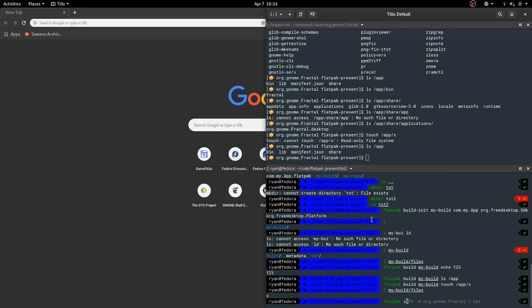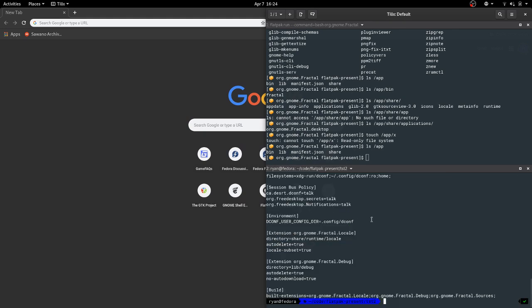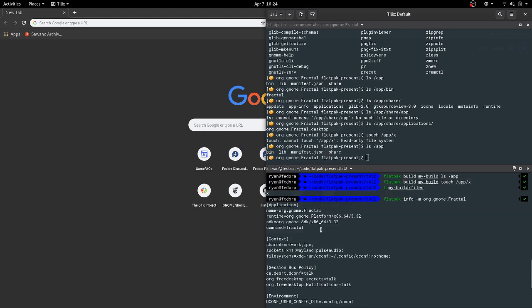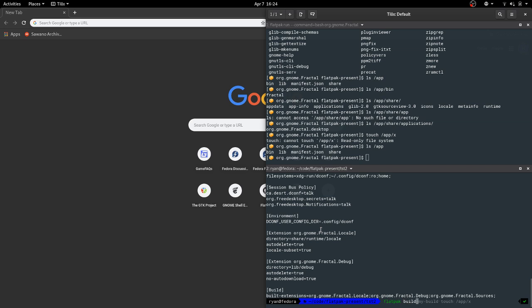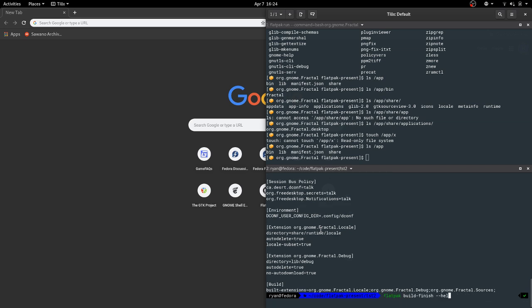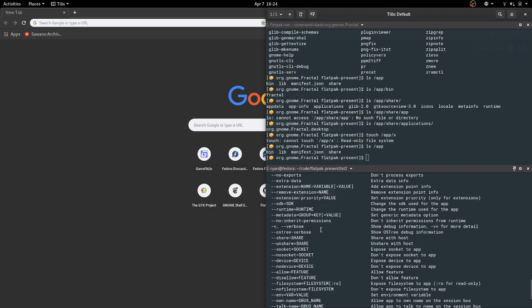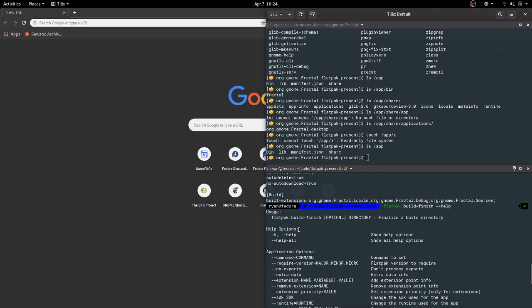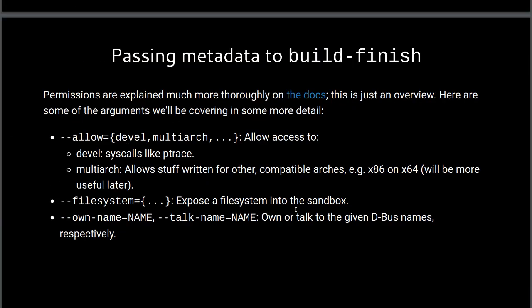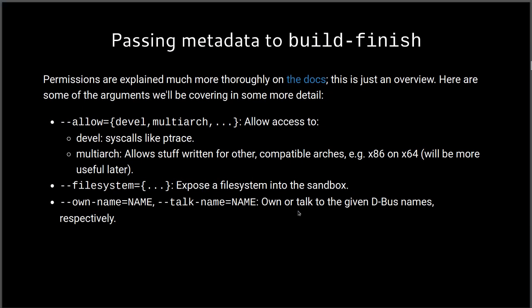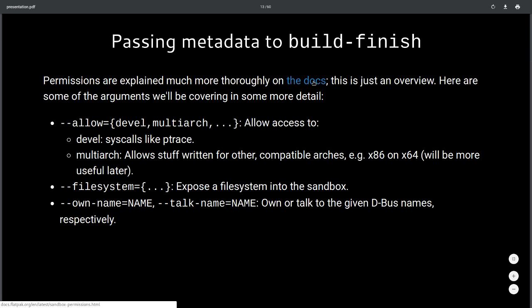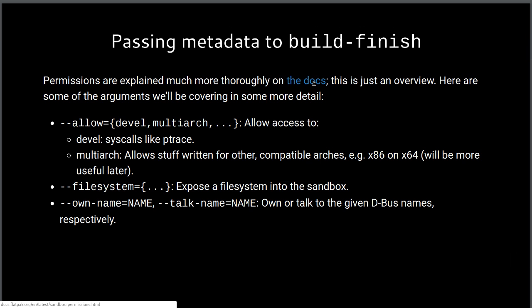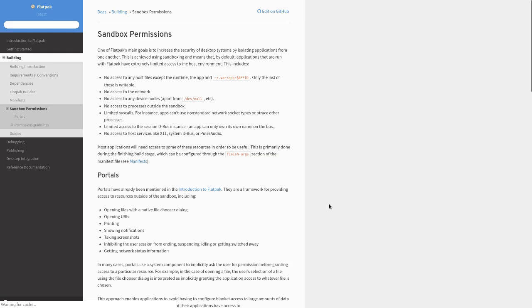Remember this metadata file with all our permissions and stuff, that's written by flatpak build-finish, and we can actually see flatpak build-finish --help. These are all sorts of permissions we can use, and that's all handled by build-finish. So again, this is just an overview. I have some links in this presentation, so when I upload it, you'll be able to click them. This just takes you to the Flatpak docs, and